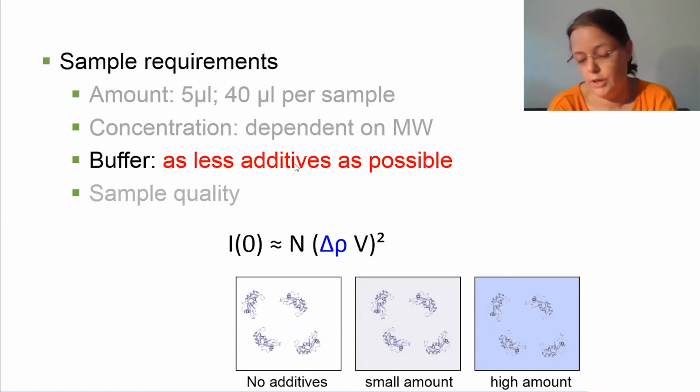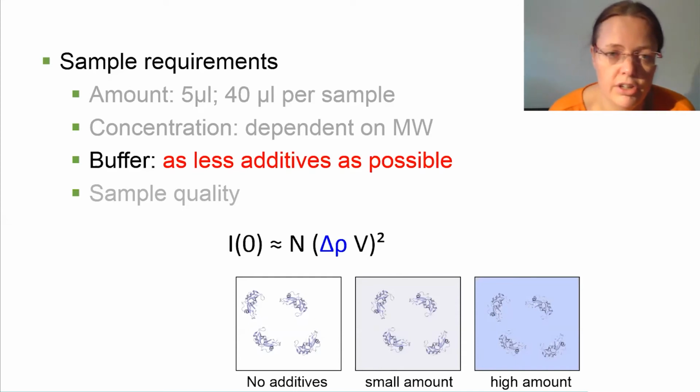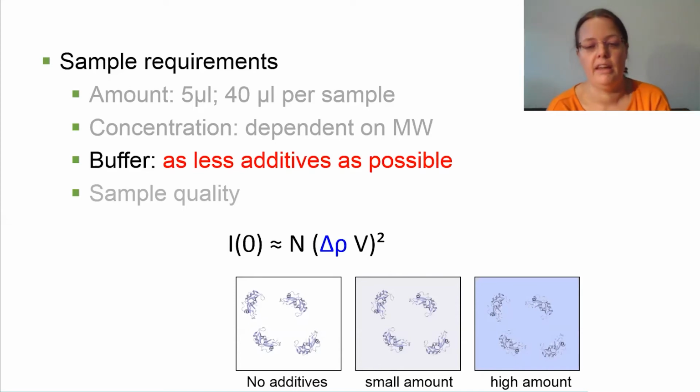But of course, here your protein also has to stay happy. If you're measuring in pure water, you risk pH jumps during your measurements if you don't have any buffered system. If you don't have the salts, maybe you'll have unwanted interactions between your proteins. So the question best to pose yourself is, what makes your sample happy? Can I reduce any of these additives that I'm adding to my sample?